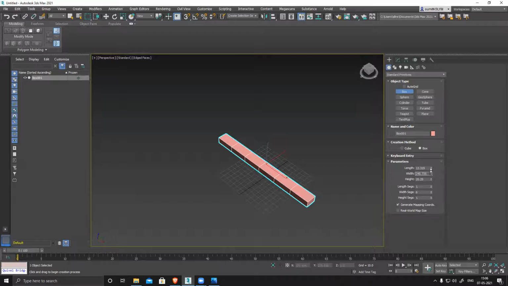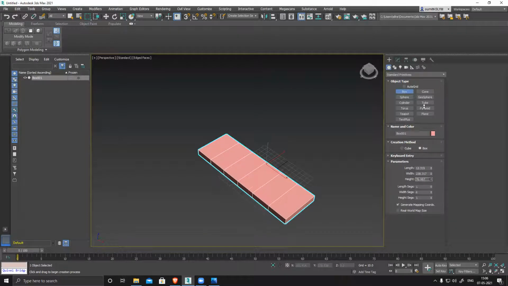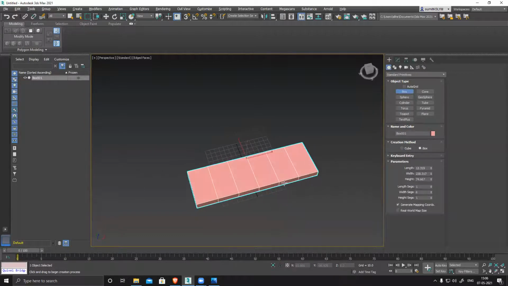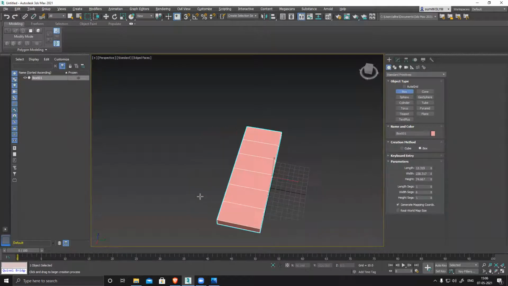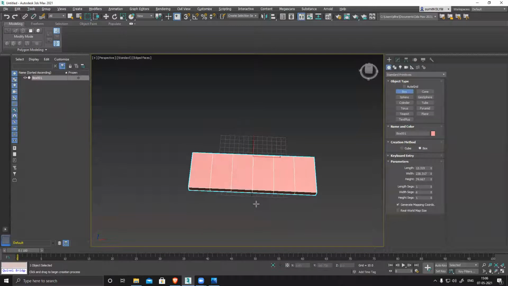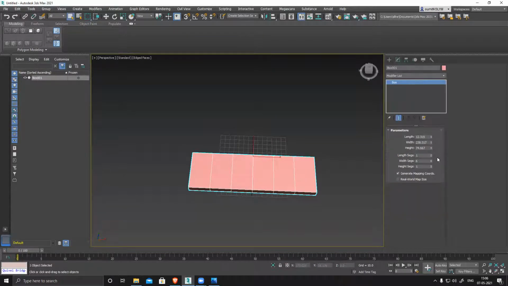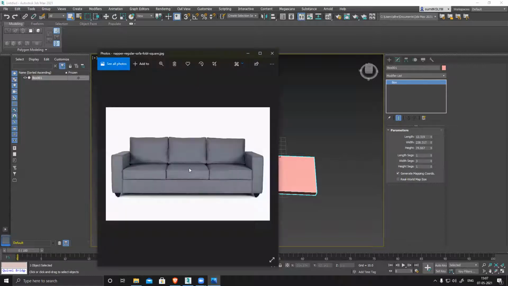The width is fine. Increase the height so that you can sit. So we have one section, two sections, three sections clearly. If I press 3, I get 1, 2, 3 sections, so my alignment will be easy.